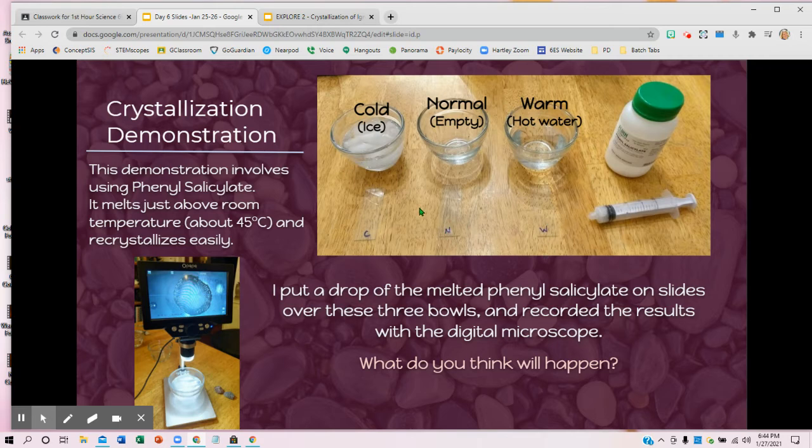So what I did here was I put the slide on the bowl, and then I put the bowl on my microscope, which is why the microscope is here, and then use the syringe to put 2 drops of the melted phenyl salicylate onto the slide, and use my microscope to film what happened. Now the film looks kind of golden color because of the lights that are in my office. It's actually a very white crystal that you're going to see. But on the next slide,